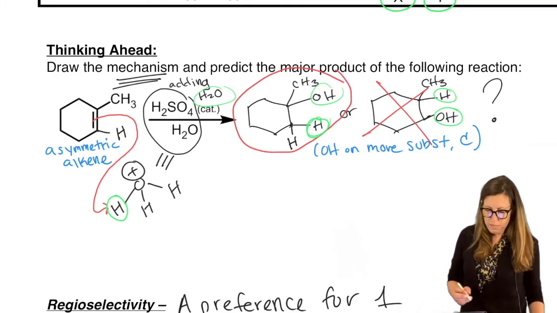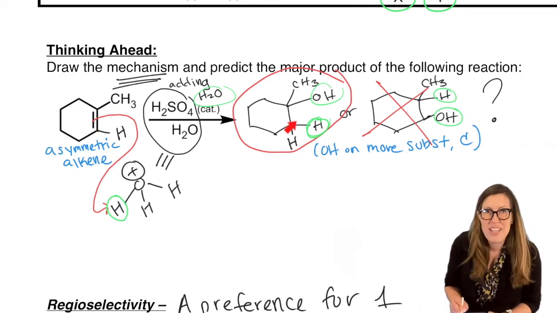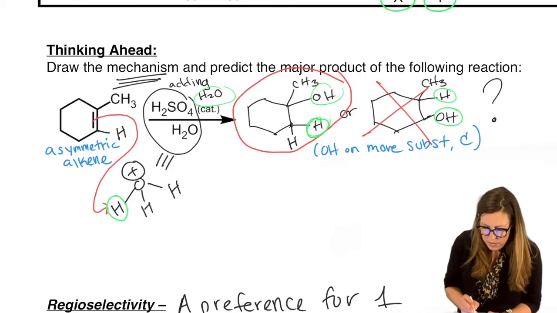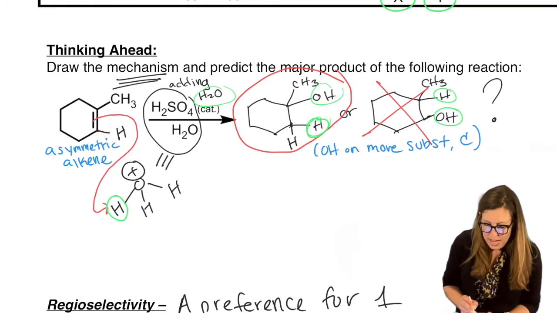New H goes on a carbon, one of the two carbons of the alkene. You know it's this one because I gave you the answer. Why is it that one? Well, let's evaluate what happens if it goes here. If it goes here, because these two carbons are sharing those pi bond electrons, they don't get to share them anymore because the pi bond is breaking. As it's breaking, one of the two carbons keeps those electrons to share with the H. So if this carbon keeps those electrons to share with this H, then we have no carbocation here. This is a full octet.